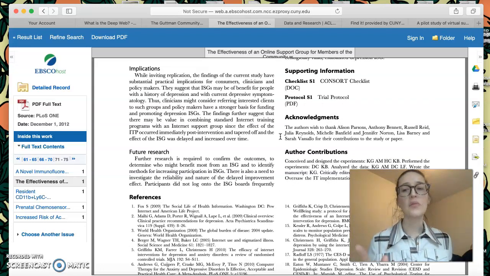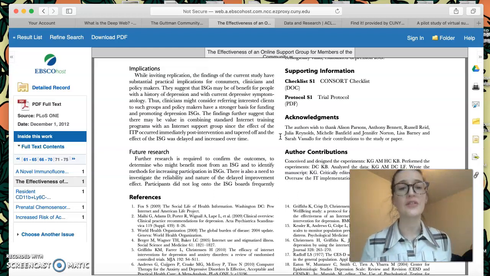The next step is determining whether it's a relevant scholarly article. You don't want to just use anything. Okay, that's all